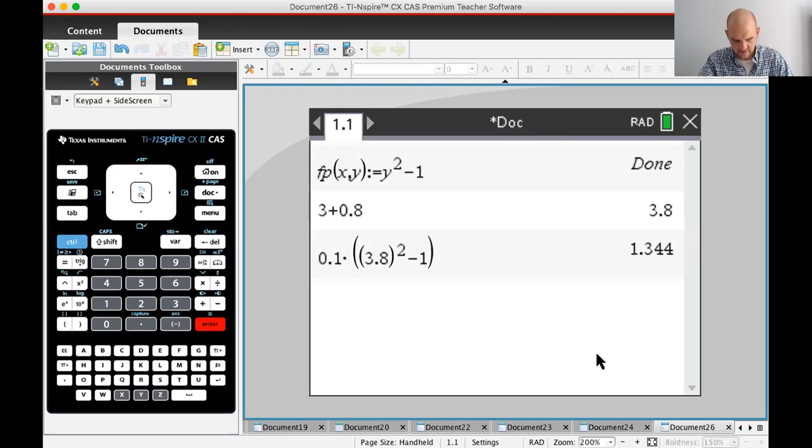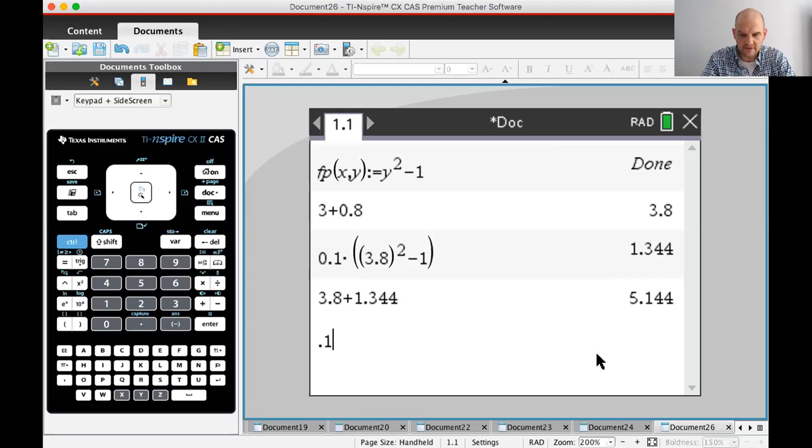Then I need to do 3.8 plus this value that we just found to get 5.144. I will check this using the table method, but for now